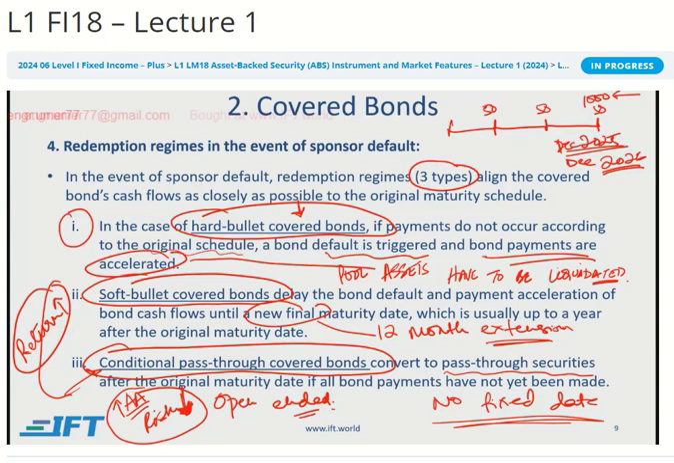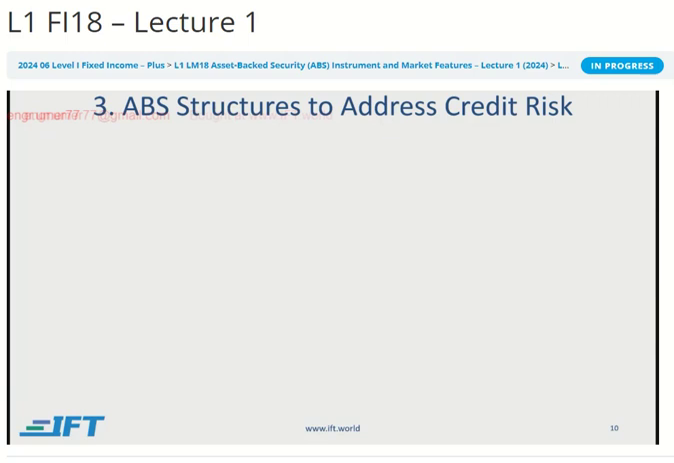So that's why they're becoming more popular, the soft bullet and the conditional pass-through, because the return is higher and the bank is willing to pay a higher return because the bank is getting more flexibility here. And the investors are happy as well because their risk is lower and the return is higher. But some parts of Europe still like hard bullet, like Germany. Anyways, let us now move on to other ways to